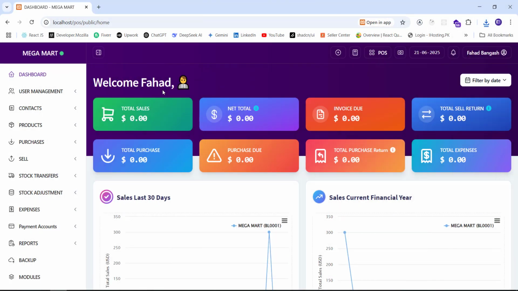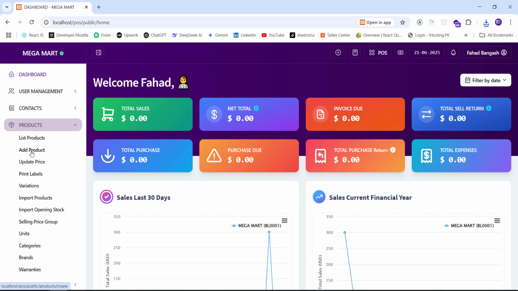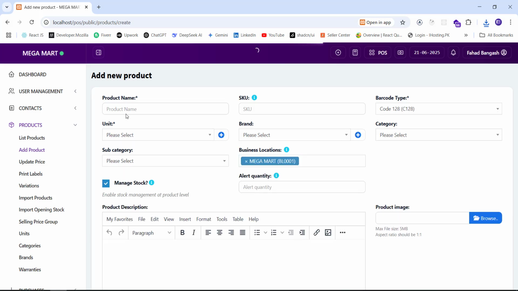Hi guys, in this video we talk about how to add a product in Ultimate Premium ERP. So first of all, click on Product and click on Add Product, and you'll see this page. Click on the product name. We put iPhone 15 Pro Max, and